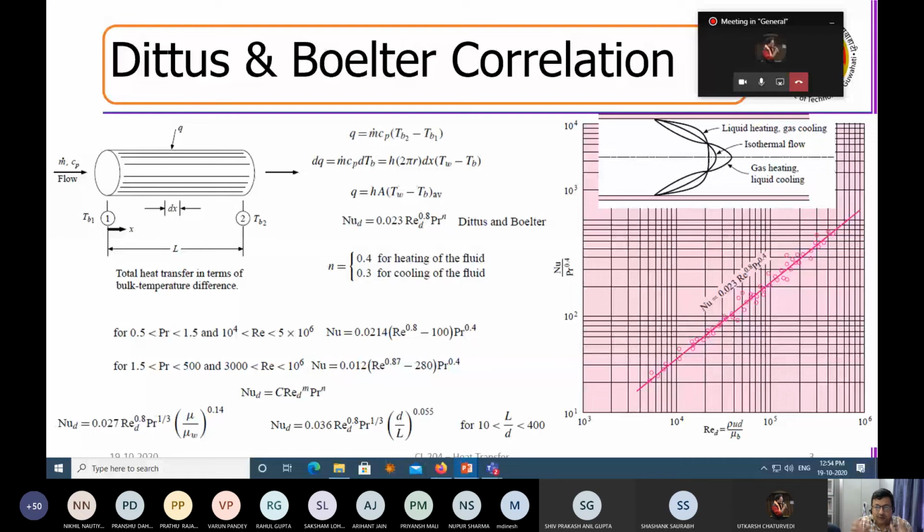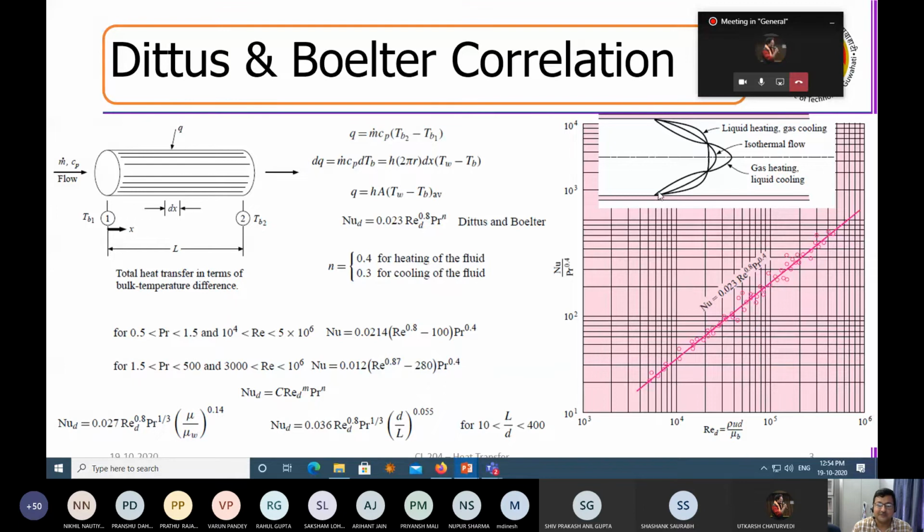Whereas if D is large and L is small, I may expect a velocity profile like this. But if D is small and L is very large, in most of the pipe I may expect a parabolic profile. So one may expect different types of situations based on what? Based on the geometry, the fluid properties, and I keep adding those parameters based on the specificity of the system that I am considering.